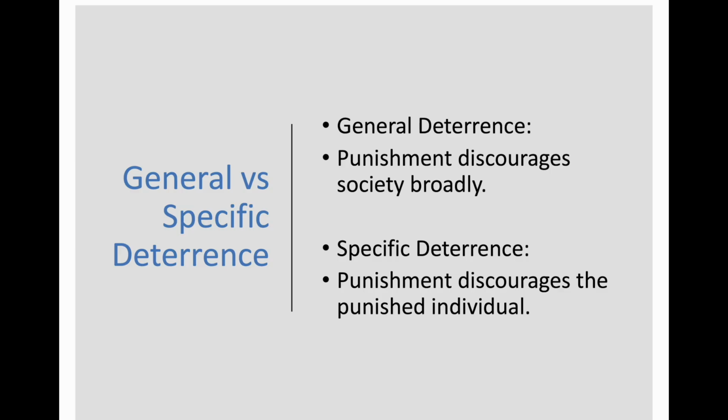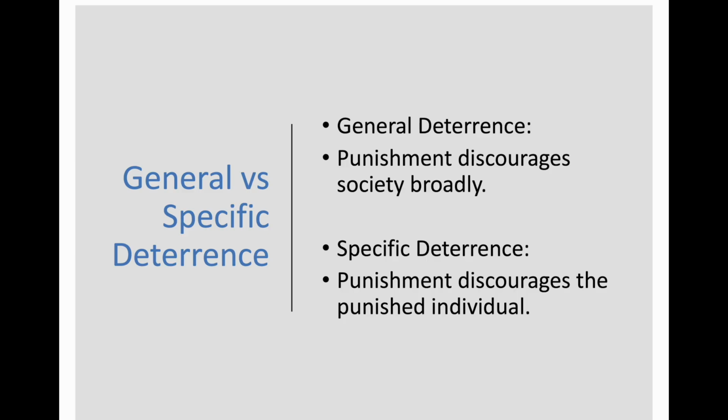An example here would be when a police department conducts highly visible DUI checkpoints. The goal is not only to arrest impaired drivers at that specific location; the broader goal is to increase the public's perception that drunk driving is risky. Ideally, people hear about the enforcement, they see the police presence, or observe others being arrested, and then they decide not to drive under the influence in the future. So this would be general deterrence at work. Similarly, publicized white-collar prosecutions are often intended to deter others in similar positions. If a corporate executive sees another executive prosecuted for fraud, the assumption is that the observer may reconsider engaging in similar misconduct.